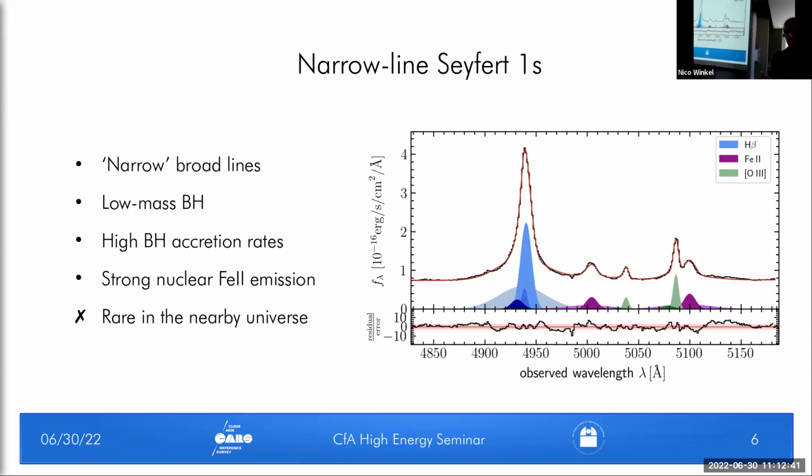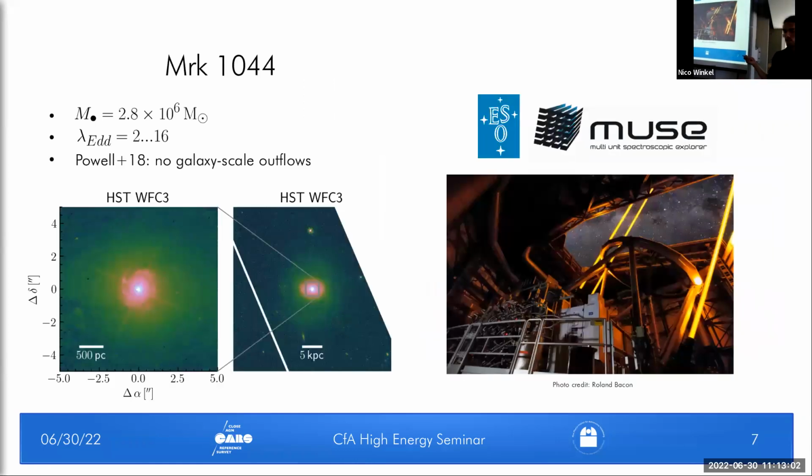So in the X-ray, compared to the overall AGN population, they typically have a soft X-ray excess, and they are highly variable. So they are an interesting class of objects to study. The only caveat that we have is that in the nearby universe, they are relatively rare. So in this regard, Markarian 1044